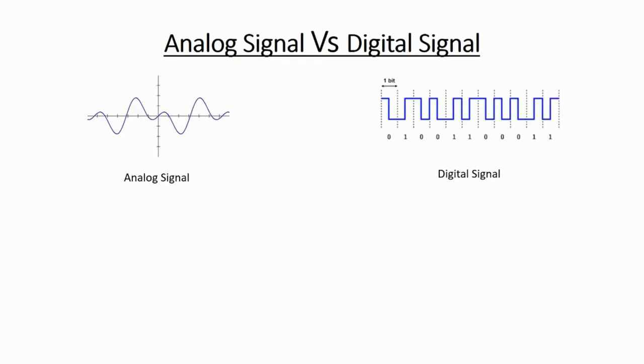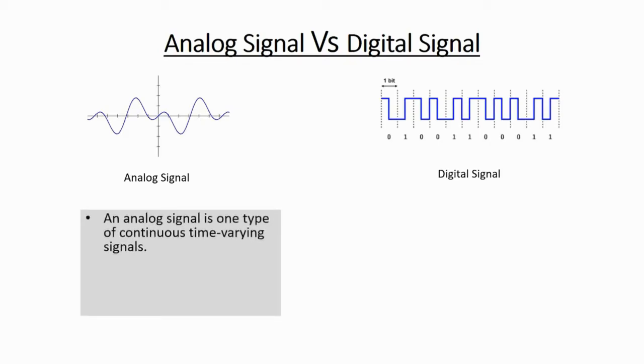So an analog signal is one type of continuous time-varying signal. What it means is that these sine waves will change with time and with distance as well. So when there is a very long wire, obviously when the data is getting transmitted, there will be a slight change in the sine waves, understand it. And a simple type of analog signal is nothing but a sine wave, as I've told earlier. So this is how an analog signal looks.